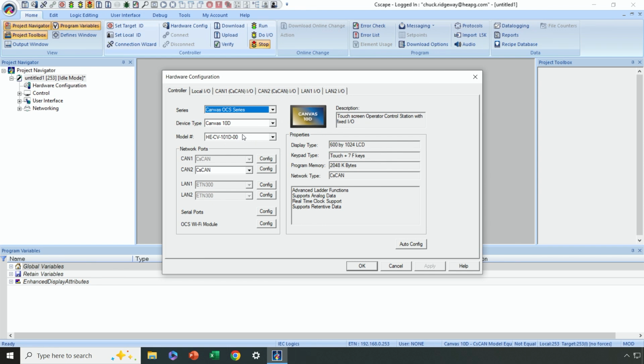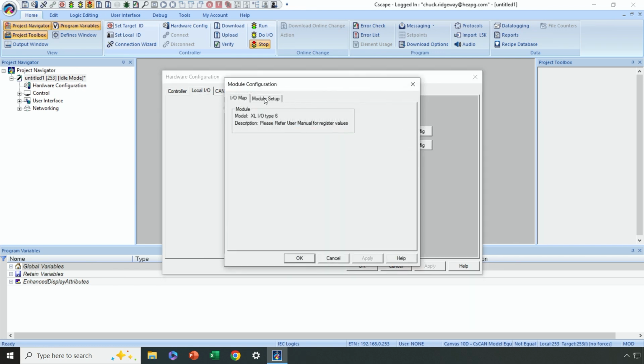But if it did have built-in IO, well, let me go ahead and do this. Let's temporarily change to a model that does have built-in IO. Let's say a model 6, and let me demonstrate how you would configure that. And then I'll come back in and get rid of that configuration because it doesn't match what I have on the bench. So if I had a model 6 on the IO side, that has 6 analog in and 4 analog out. So we can go to local IO,